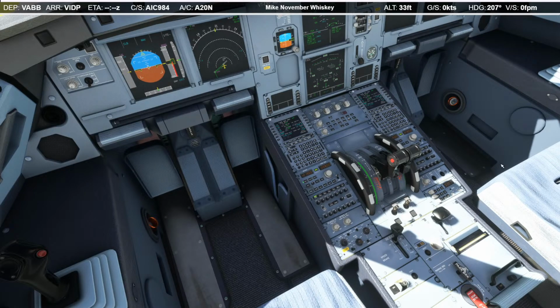Air India 9084, would you like to copy clearance for Delhi? We are ready to copy. Air India 9084, you're clear to destination Delhi via the VABB to Bravo departure, SS transition out of runway 09 now. Initial climb flight level 70, expect final flight level 390 and squawk is 0327.